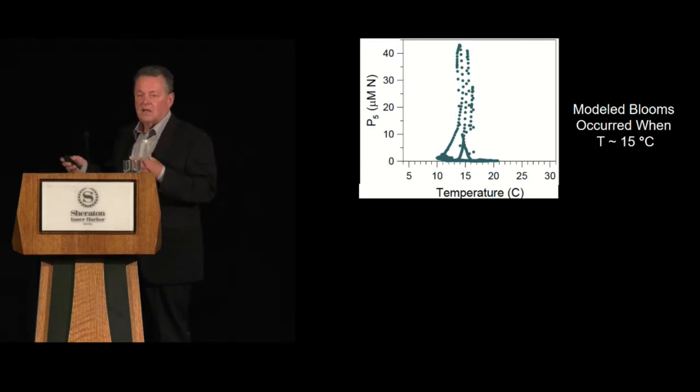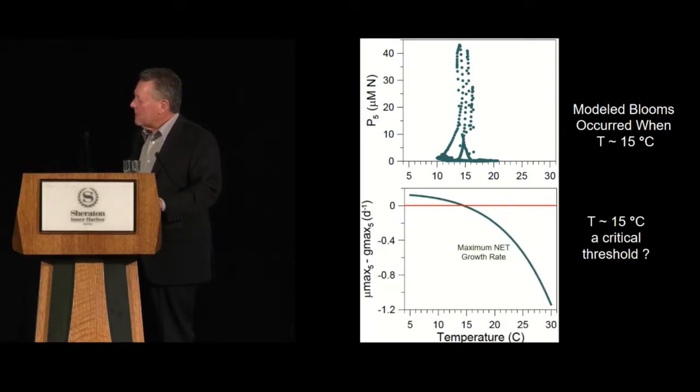I don't know if there's a connection between this and that comment or not, but the explanation of why blooms developed at temperatures around 15 degrees is explained by, again, this temperature-based scaling rule. And this bottom graph is showing what I'm calling the maximum net growth rate. It's, again, of the large cells. So it's the difference between the maximum growth rate of large cells as a function of size and temperature minus